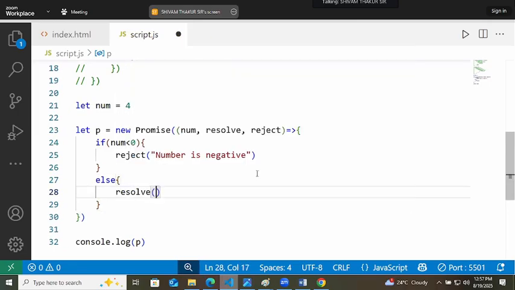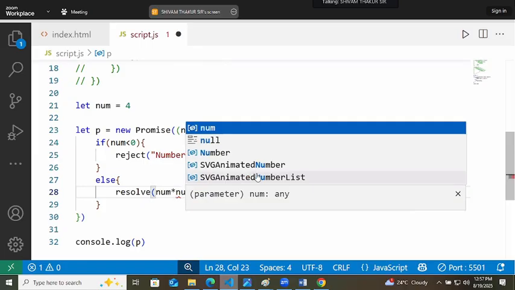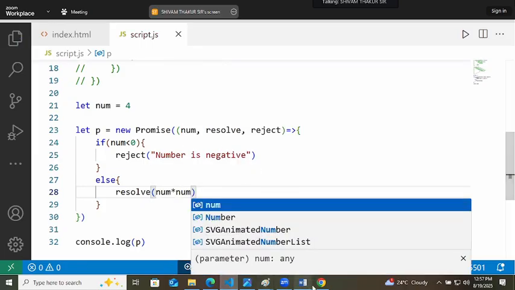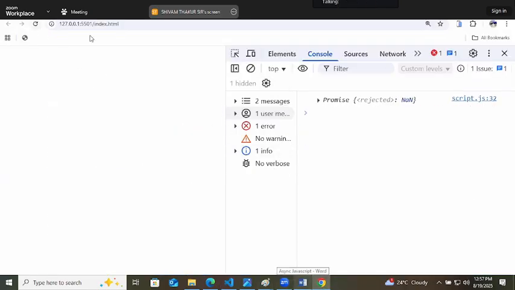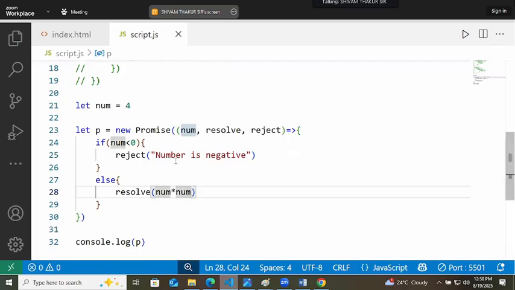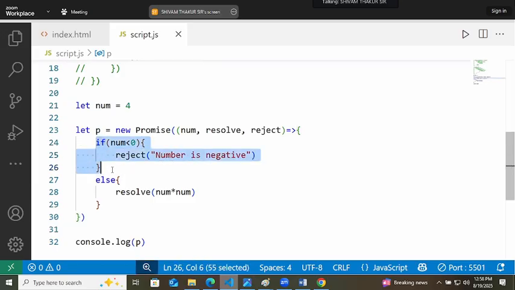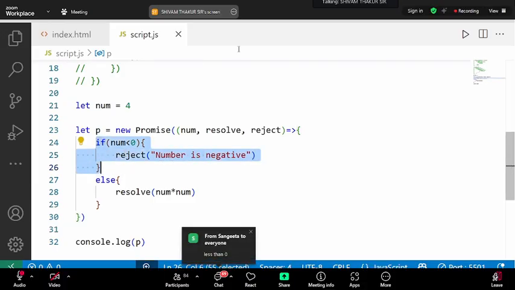And how will I resolve? Num multiply by num. Check the promise now. Here we are getting promise rejected and value is NaN. Why is the promise rejected? Promise is rejected means this part is working, but our number is 4.